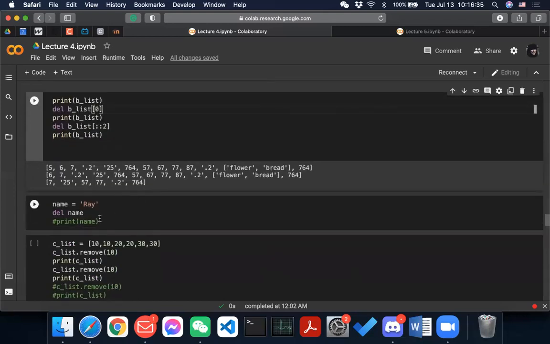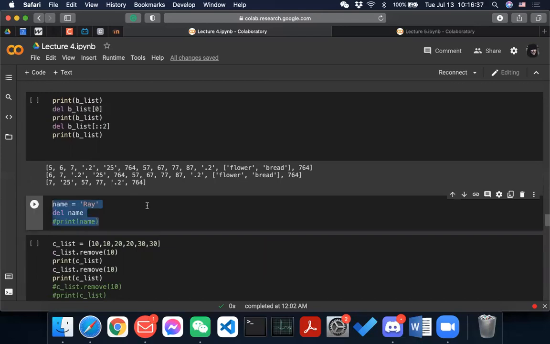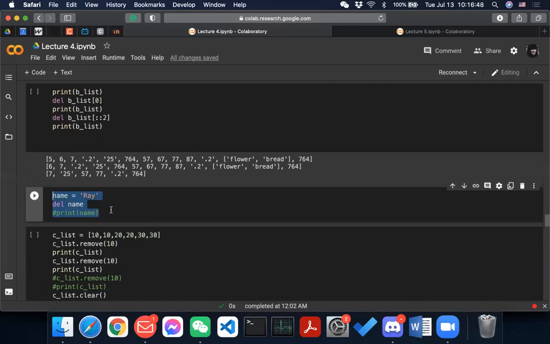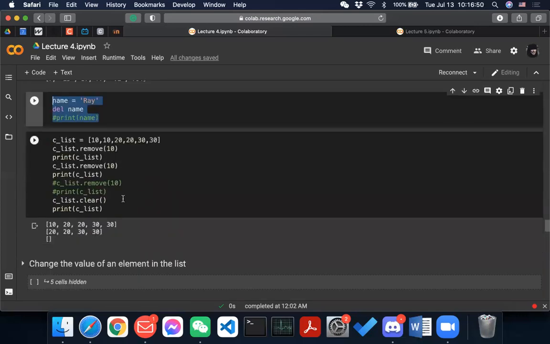Okay, so normal variables like name: you assign a name, and then you just delete that, and if you try to print that, it will give you an error because the compiler thinks that name is never defined.